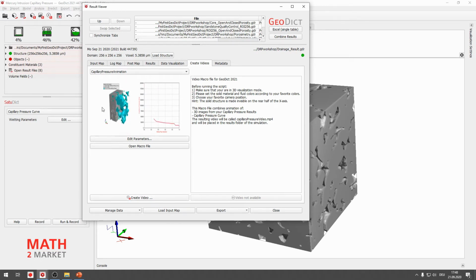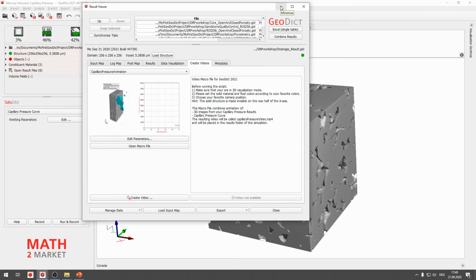And as you can see here, as a short schematic view, the animation will also include, next to the 3D animation, the capillary pressure curve at the corresponding state.